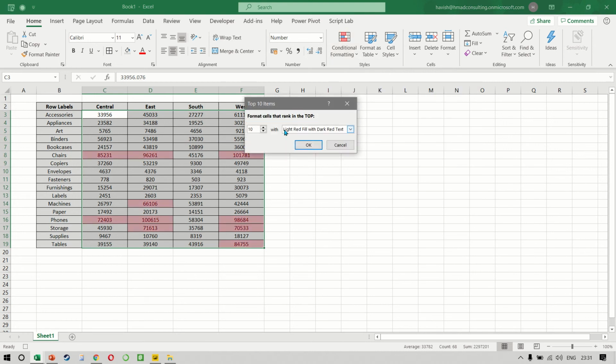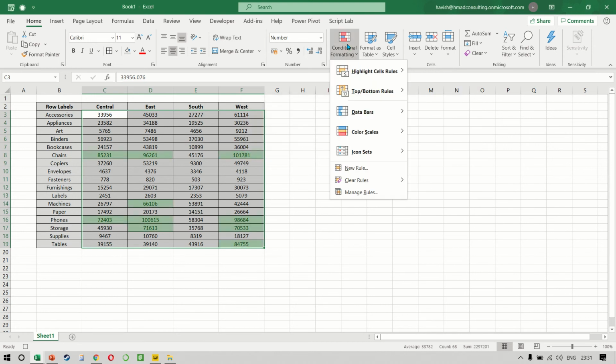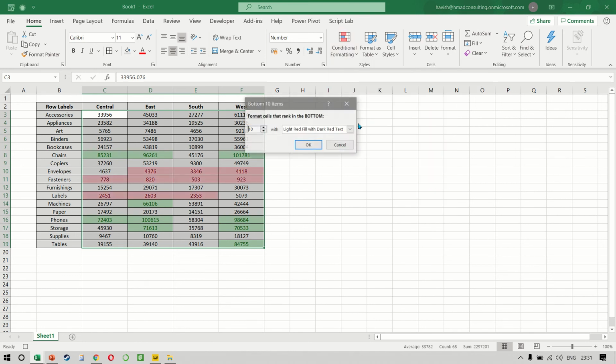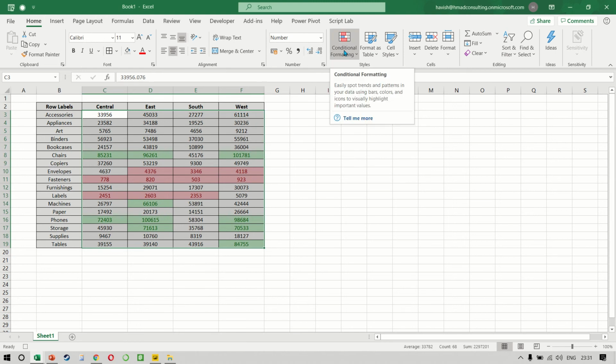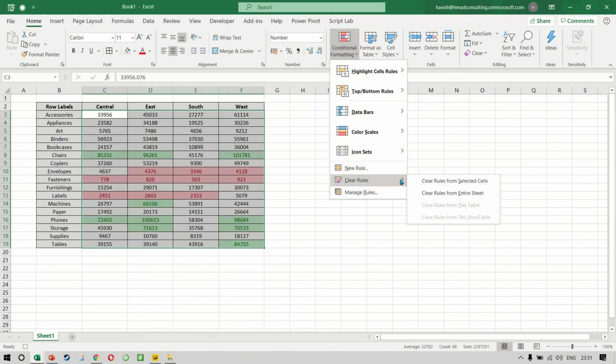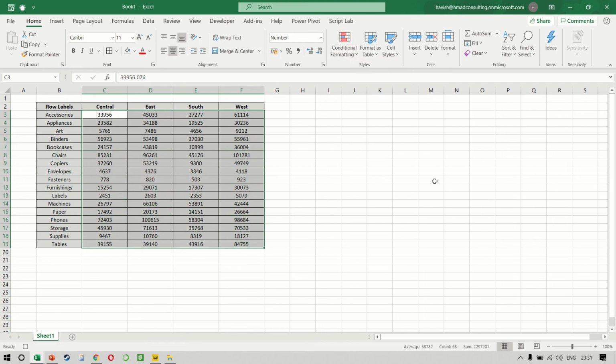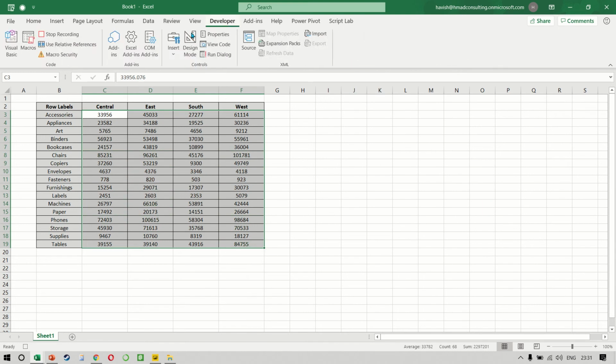Top 10 items, and we color this green. Then conditional formatting, and we go to bottom 10 items, and we color this red. And we also want to record the code that will remove all these rules for us. Wonderful. We can stop the recording now.